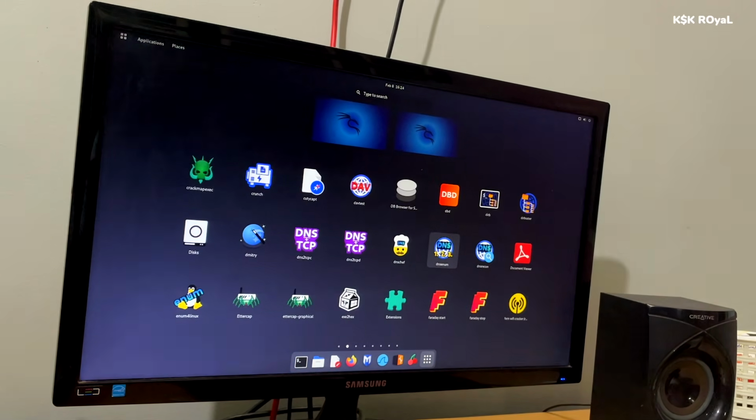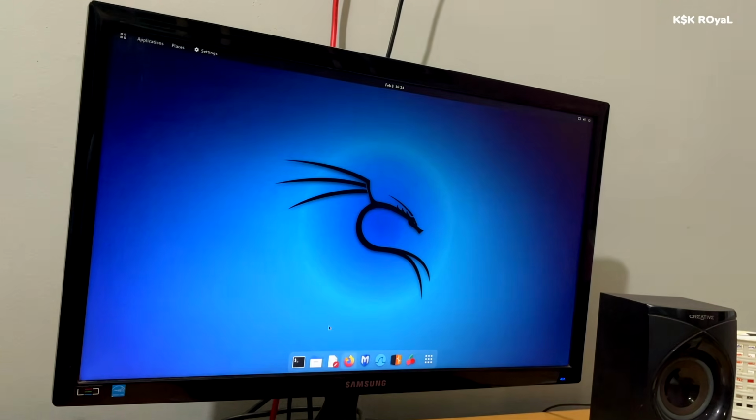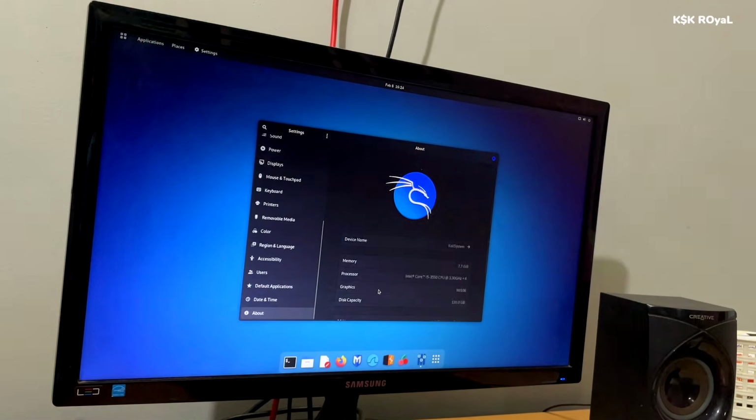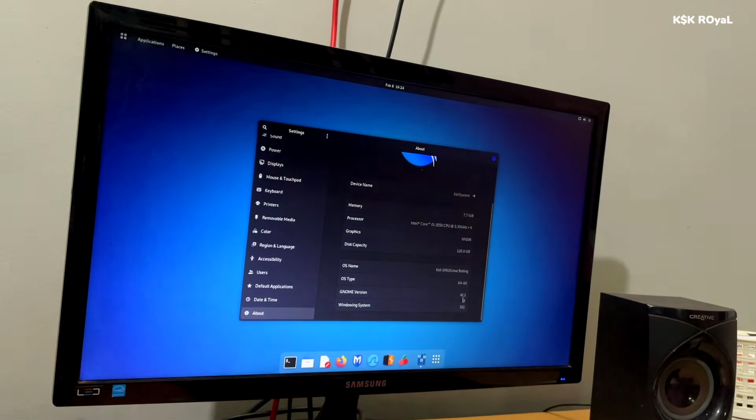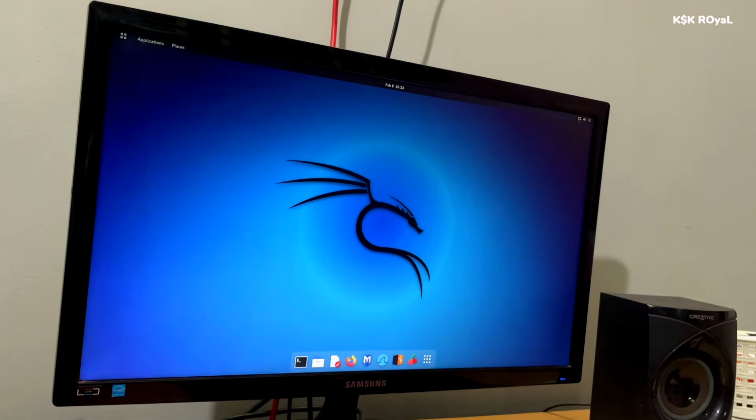That's it. This is how you triple boot Ubuntu, Kali Linux, and Windows 10 without any issues. Now using the GRUB menu, you can boot into Ubuntu, Kali Linux, or Windows 10 seamlessly. Now, in case you don't like Ubuntu or Kali Linux and decide to uninstall them, then reboot your computer to Windows 10.